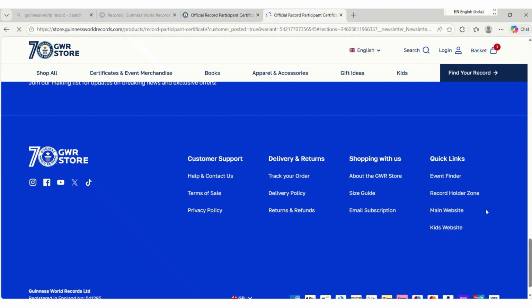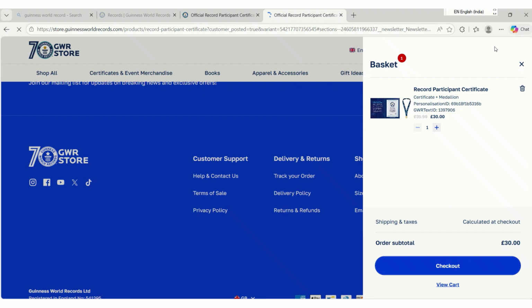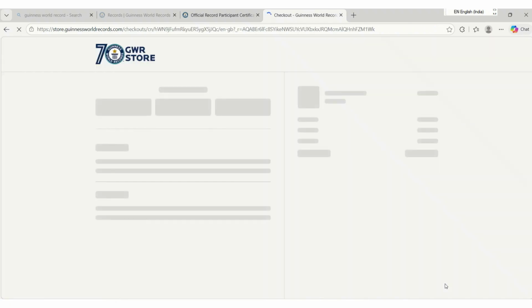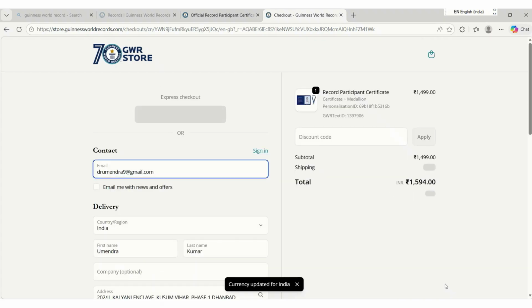I think this is an AI generated prompt, and it responds very quickly. So see, this is the basket, and here you can see personalize. Since I have saved it, I clicked for view in cart,